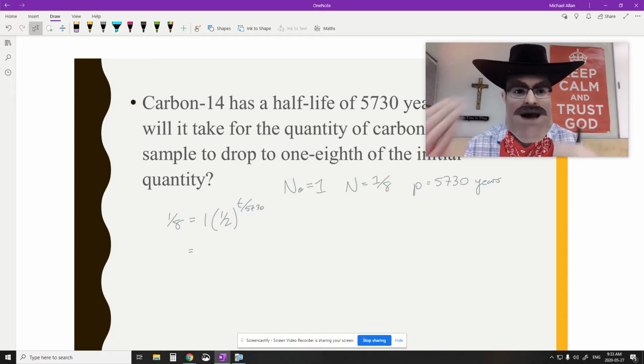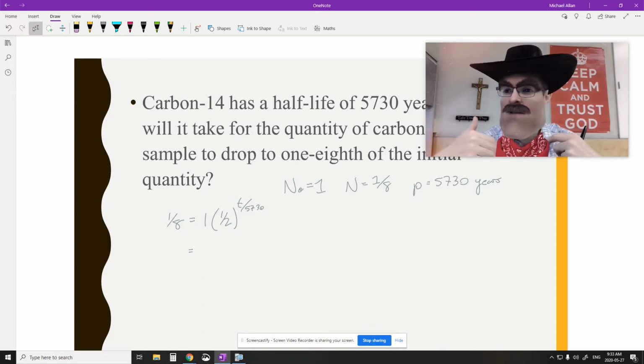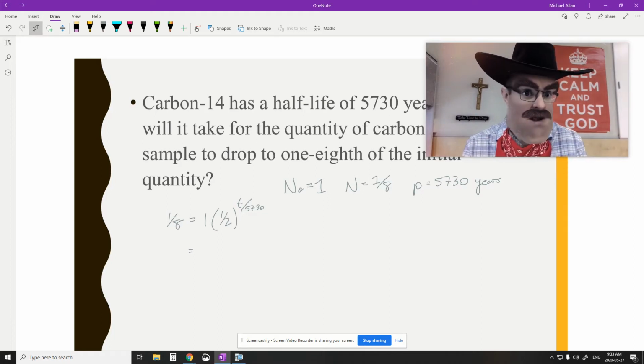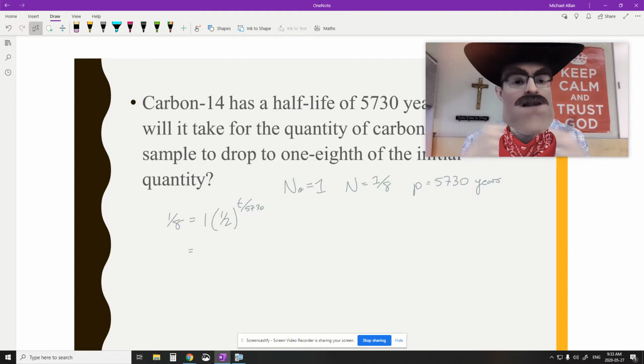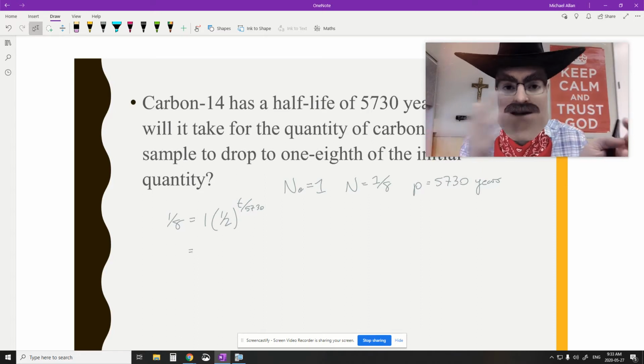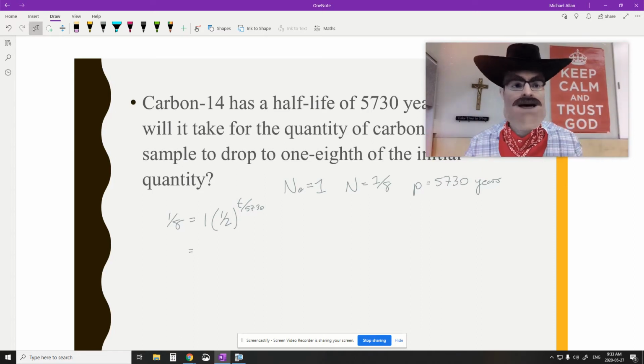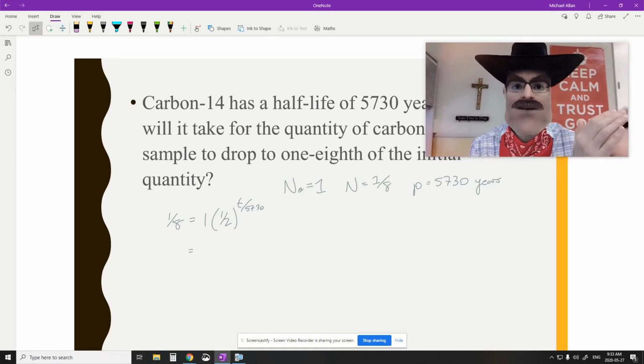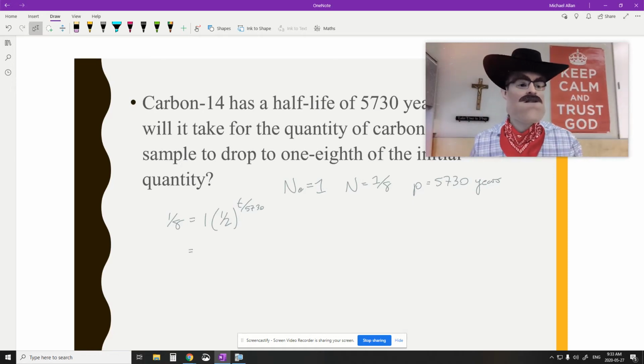If you've done math, to solve for an unknown in the exponent we would use logs, or we can graph it, or do a few other things. But the easiest way that Physics 30 has set these questions up is that what's left over is always a whole number of half-lives later. So what I mean by that